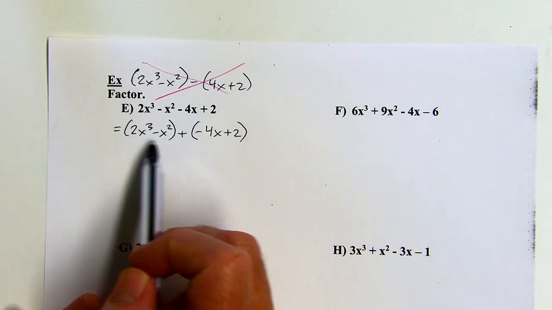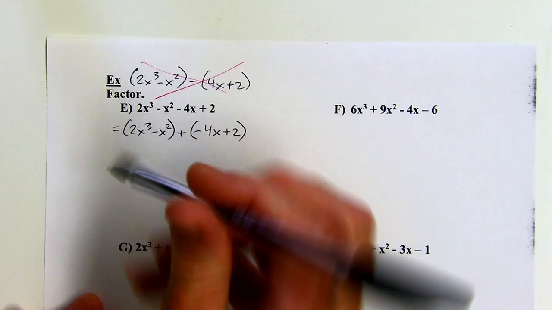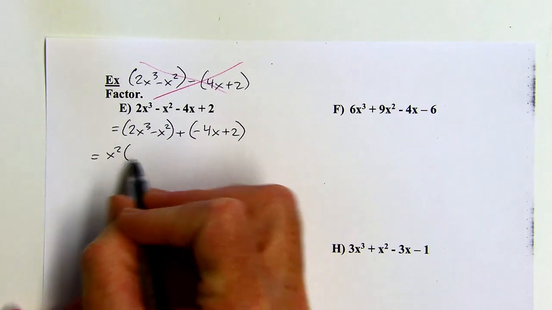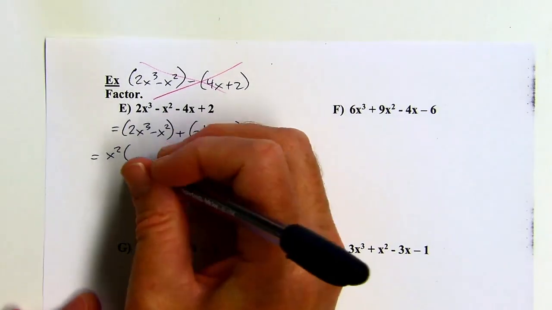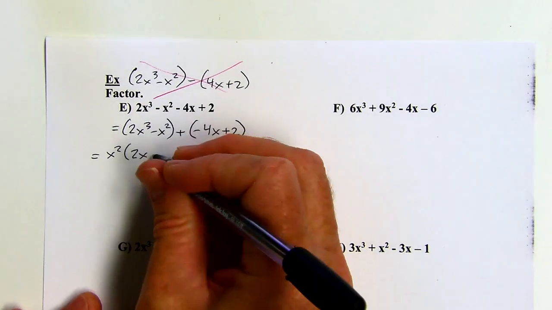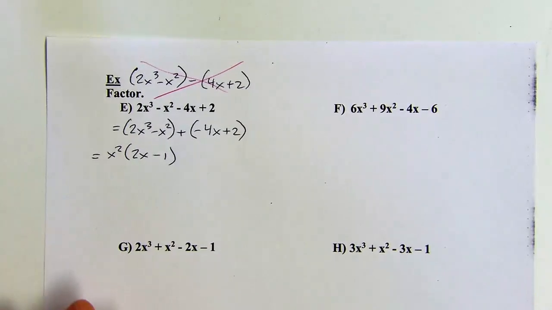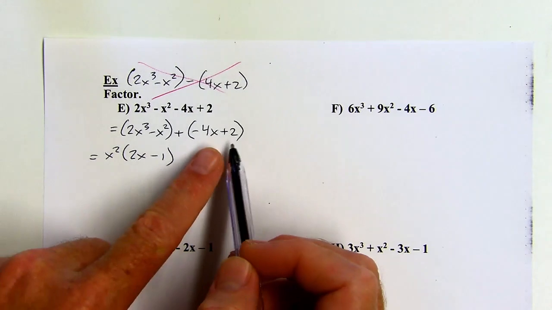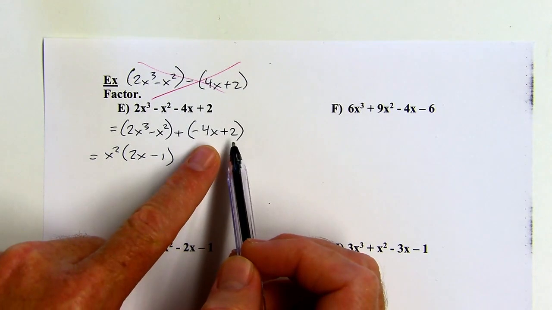So I'm going to look at that first group. Both parts have an x squared. So let's factor out x squared. And then x squared times something is 2x to the third. That would be 2x. X squared times something is negative x squared. That would be negative 1. Okay? Now with this second group, I could factor out just a 2 here, and that wouldn't be incorrect, but